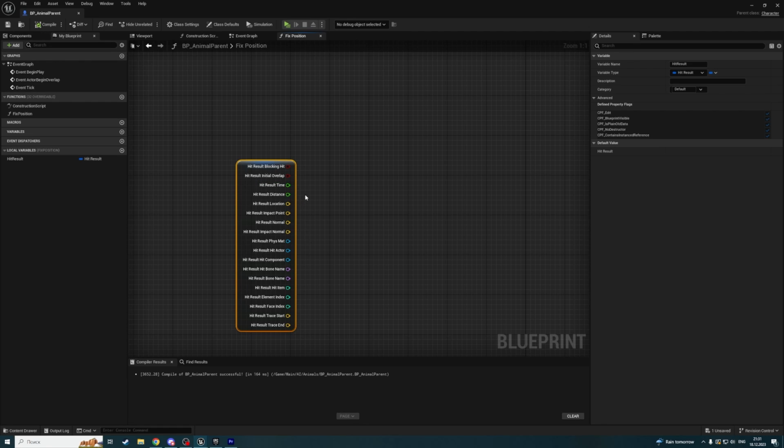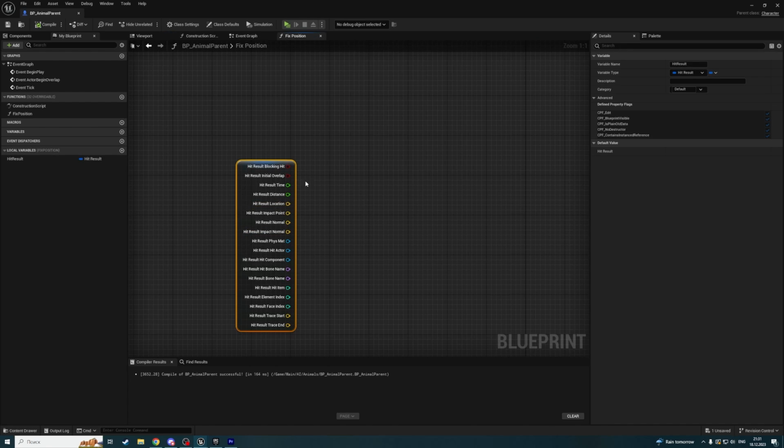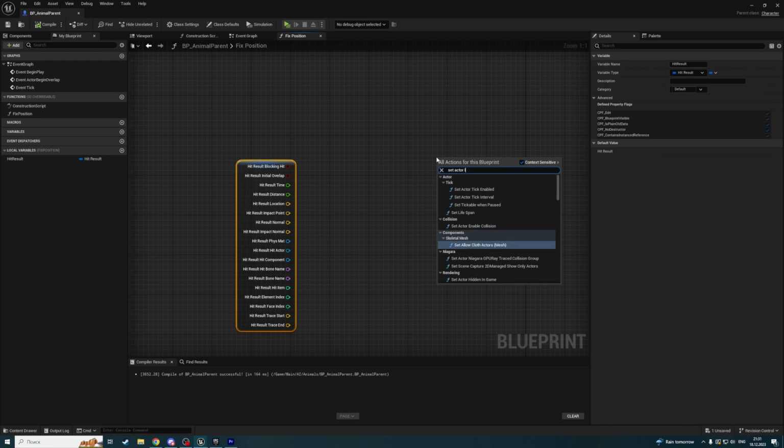So what it's gonna be with this hit result distance, we can define the distance from the bottom of a capsule to our landscape. And we should change the position of a capsule by this value, but distance is always a positive value, so we will use hit result location in this case. So hit result location, we're gonna set actor location,